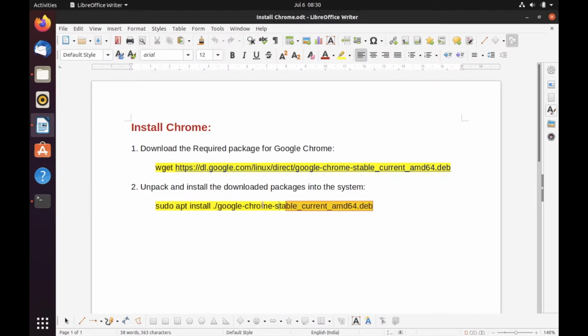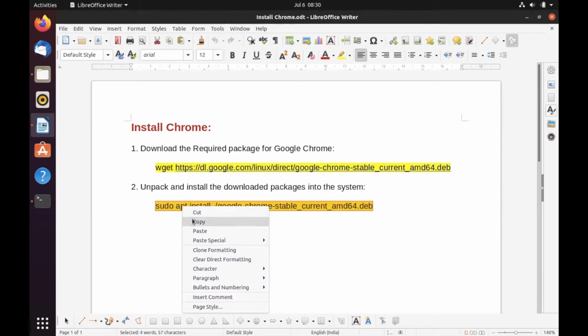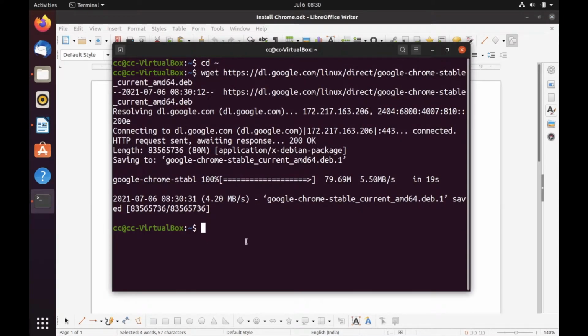Now let me use the command sudo apt install. I'll hit enter.